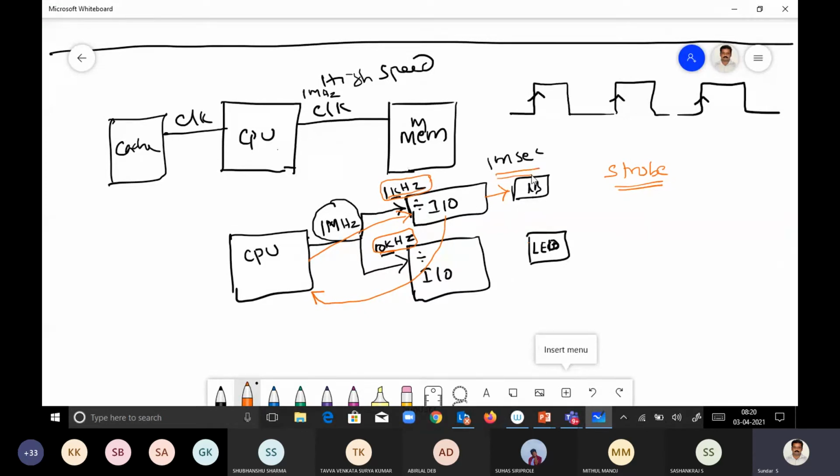Okay, because the moment it sends the signal to the IO module, the CPU cannot expect an immediate response from the IO. The CPU will send and it will wait. After some time, it will get a response from this side. Then the CPU can have interaction. That delay is equal to 1 millisecond, something like that. Okay, point is clear. So there are two ways by which, during asynchronous data transfer, the communication will happen between the CPU and IO devices: handshaking signals or strobe signals.